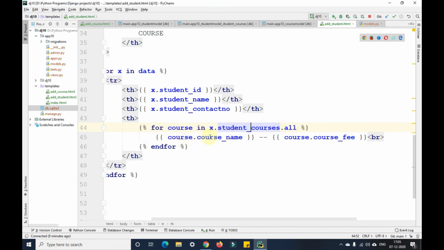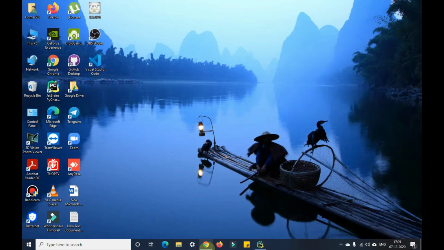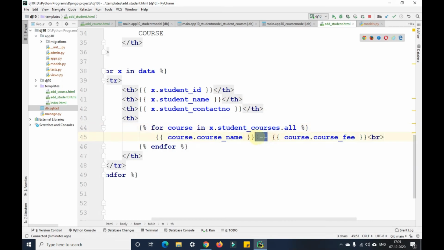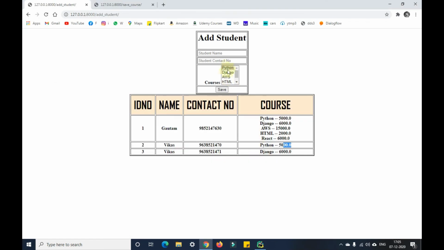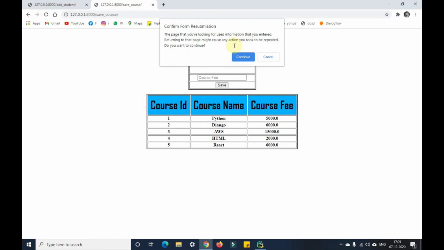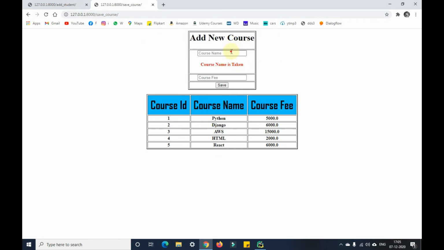I'm sending course underscore course dot course name and course dot course fee. So I am sending the course name and the course fee beside that, with two dashes here, as you can see. Hope you have understood, guys. In the same way, when I refresh this, it will show us the same error. So let me change this. I'll give another student here, another course here. I'll give Flask here, and the course fee as 1500, and save.